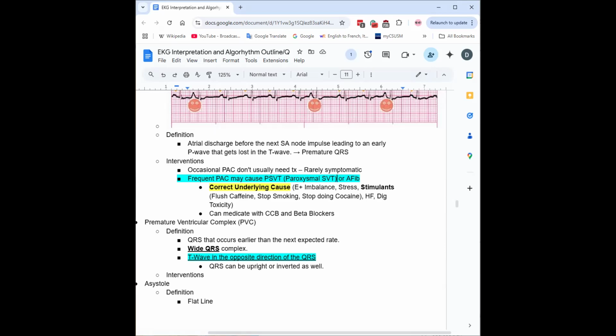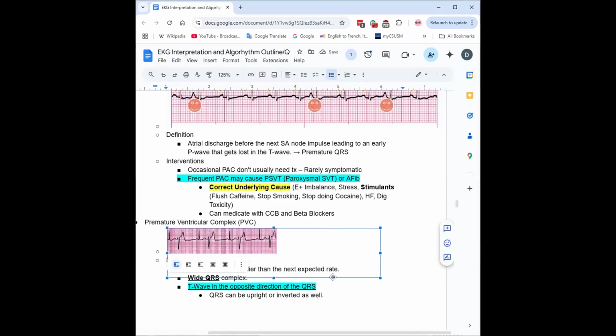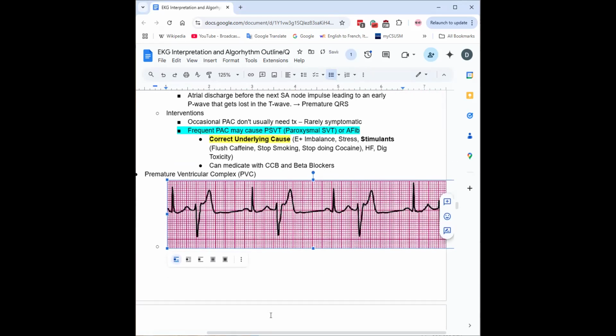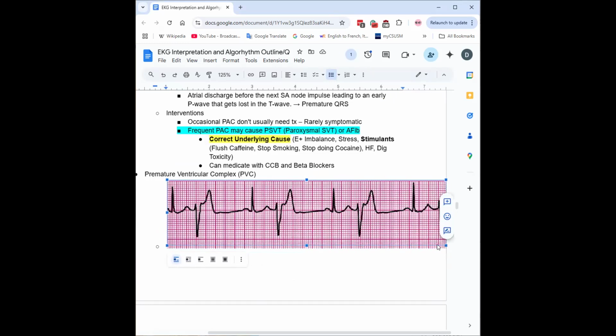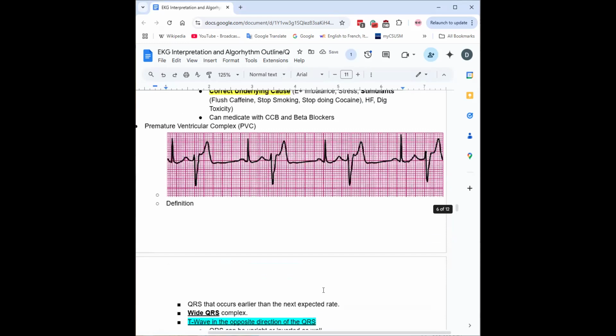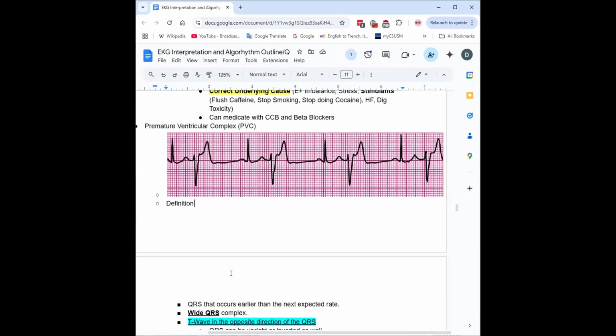And then there's the PVCs. So let me get you guys a picture of that. Let's see. Is this a good picture? I sure hope so. And I think this picture also kind of shows one of the weird quirks with the PVCs. So, a definition of the premature ventricular complex, similar to the other one, you have an early discharge, but this one is particularly a